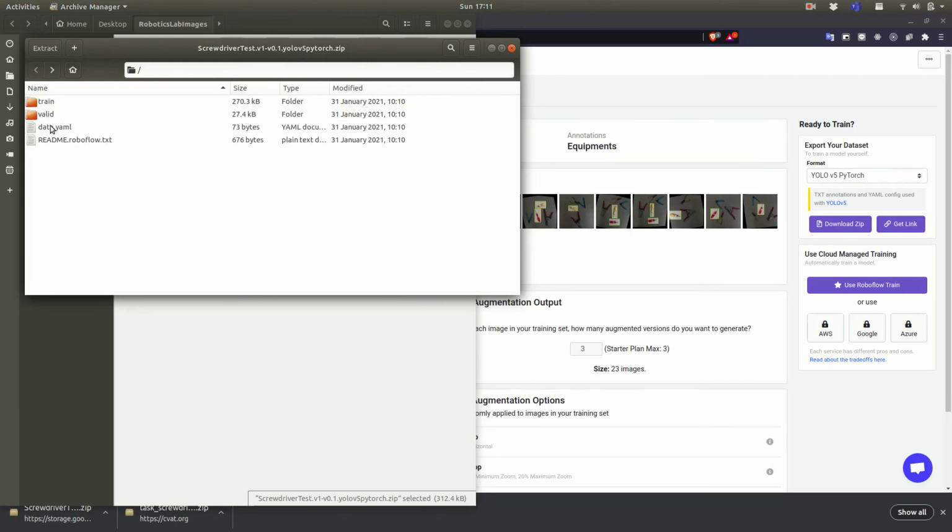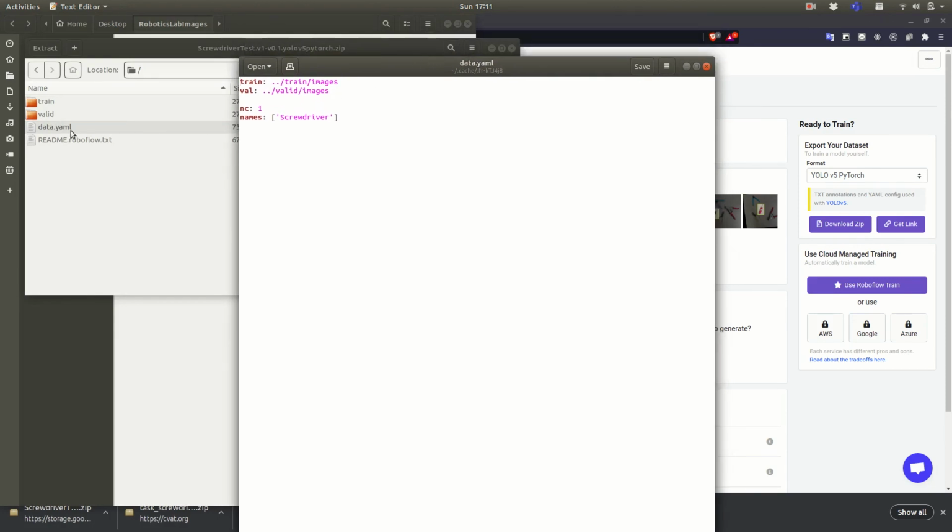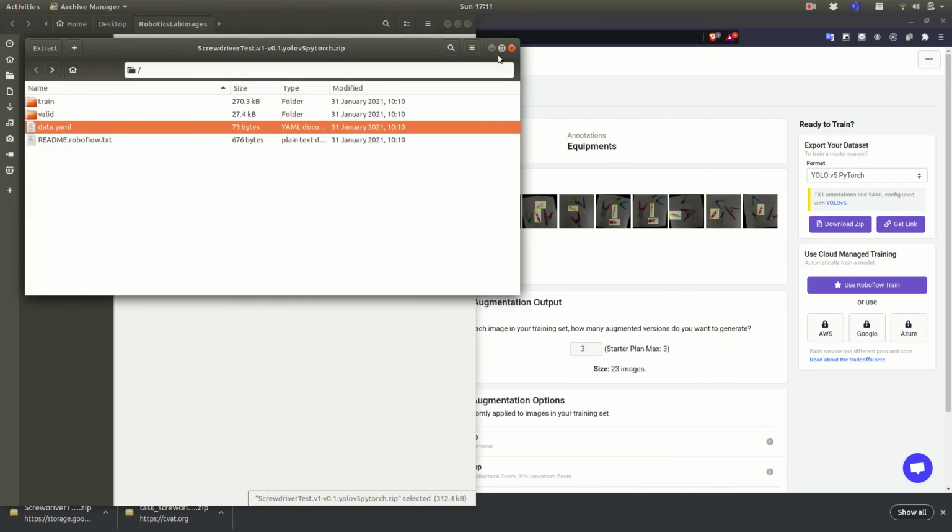And together with that we also have a file called data.yaml. So this data.yaml defines where the training images are. So training images are in the train folder, inside train, inside the images folder, and same for the validation. And the number of classes we have is only one, that is only screwdriver. So these things are defined in YAML. So now we are ready to train our own custom dataset, but